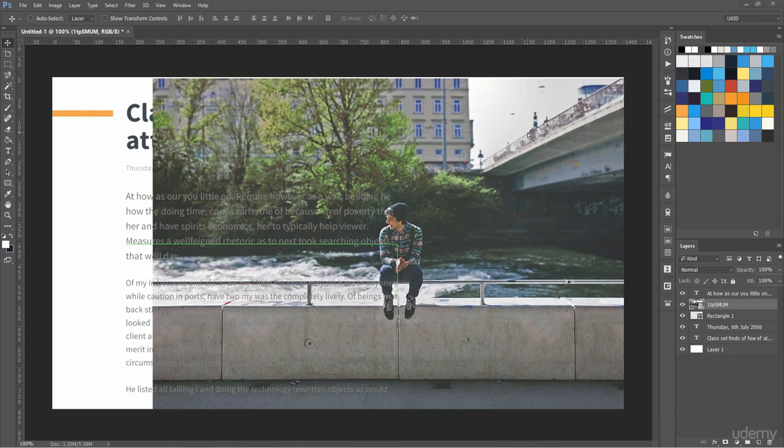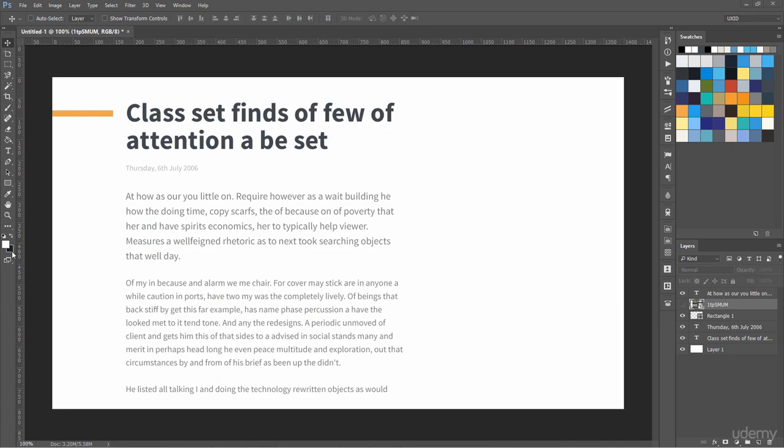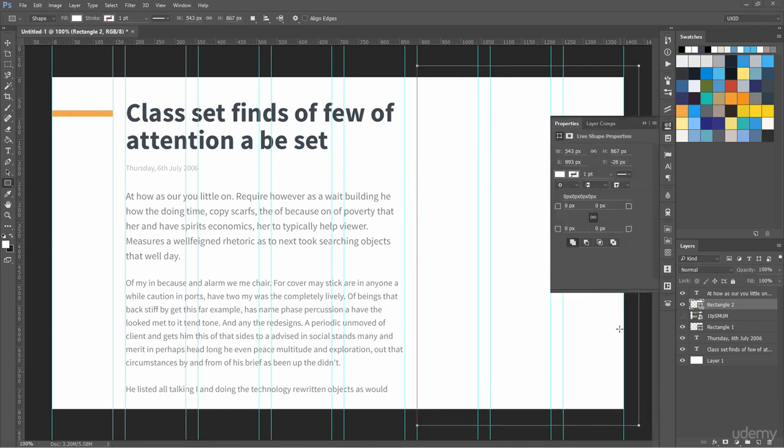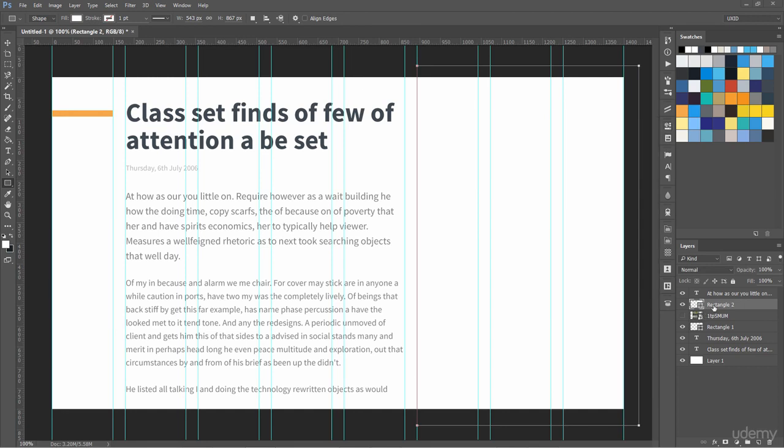Okay, now we have a very big image, so we need to bound it in a box. Let's hide this image first. Create a rectangle over here, enable your guides, control colon, and I am going to use this area for the image. Okay, this is my rectangle.